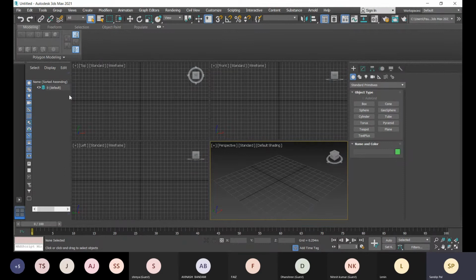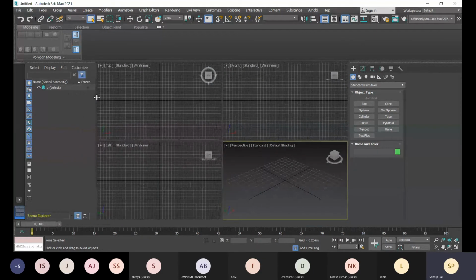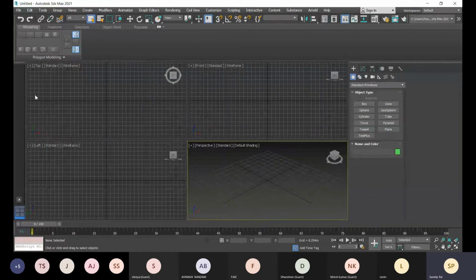We generally create with this zero layer, but if you need to create with layers, you can also do that and create new layers. We will not create with layers, and we will not go into that much depth. We can generally create our model.